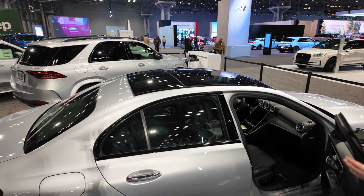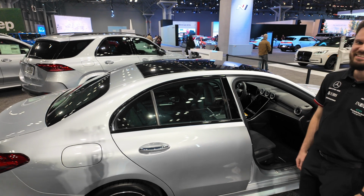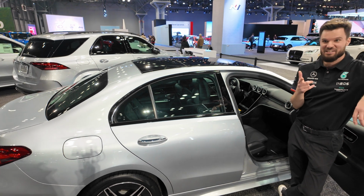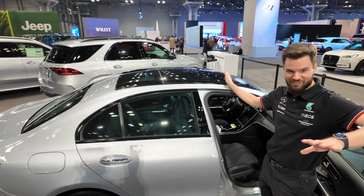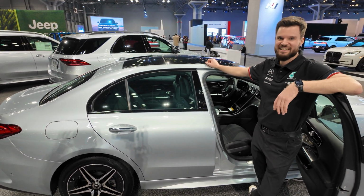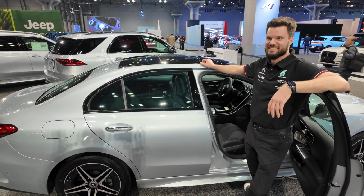Panoramic sunroof. Does it open? It does open. So this is the deal. Any car that has a panoramic sunroof that opens is under consideration for being in my garage. If you do not have that, you cannot make it. Almost all of our cars that have a panoramic sunroof, they all open, except for one or two. It makes no sense having a panoramic sunroof that does not open. I agree. I won't name any makers that have cars like that, but